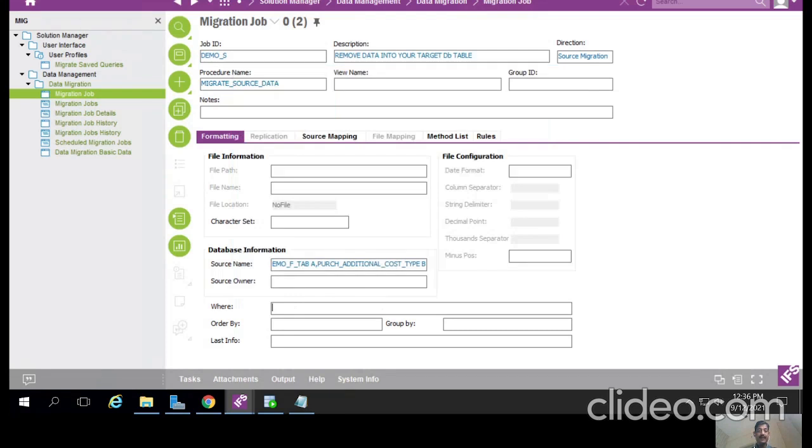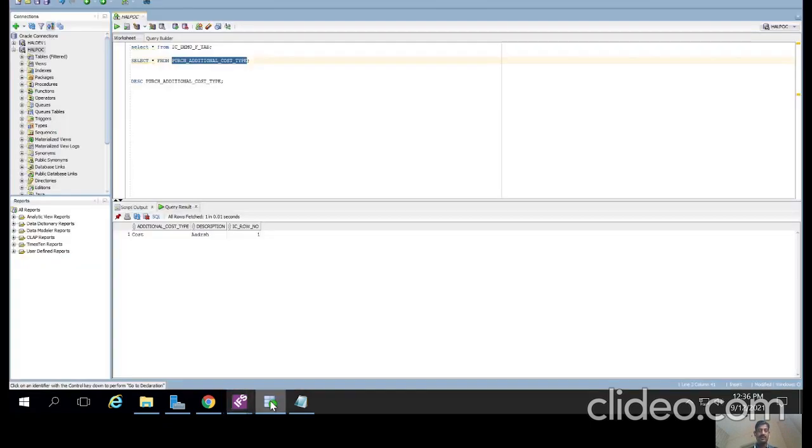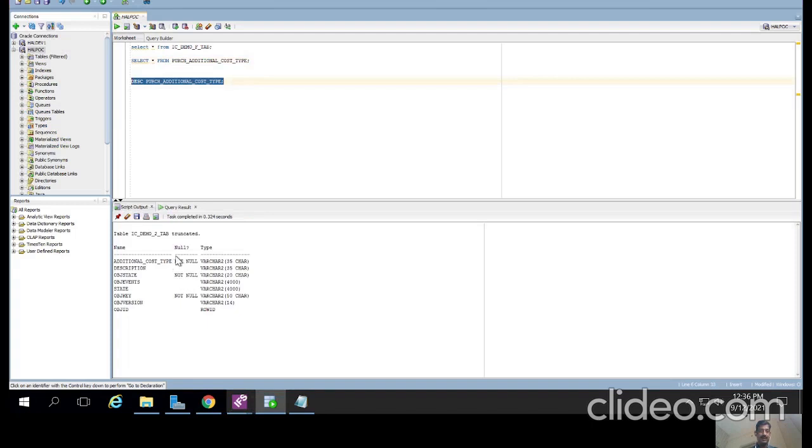And here in the where option, we need to join between both tables. Correct? So we need to join. So let's see the columns, both are the same. Primary key column from here, additional cost type.